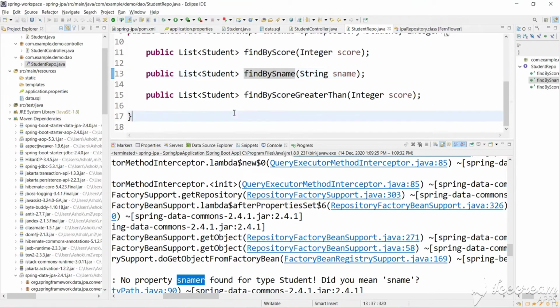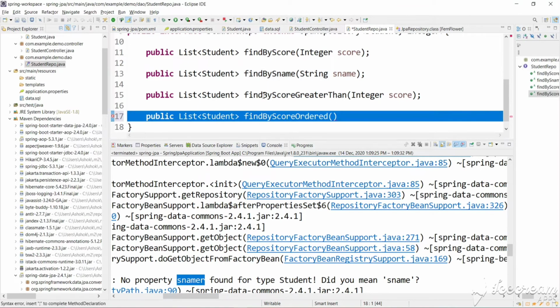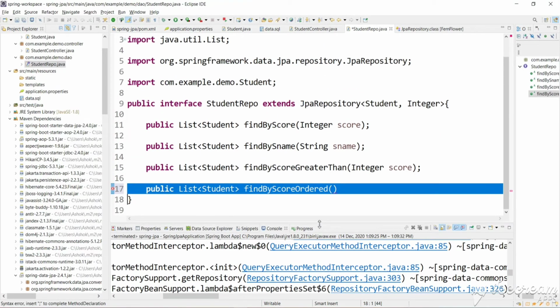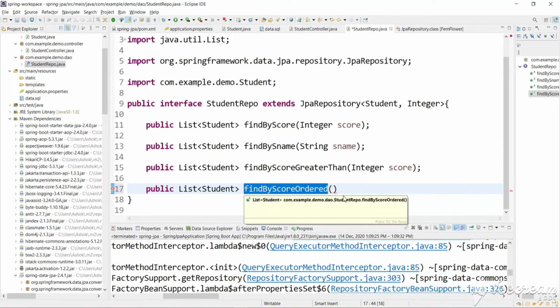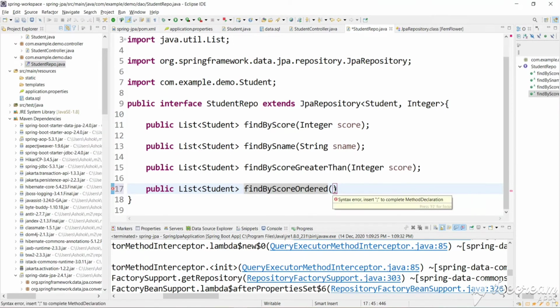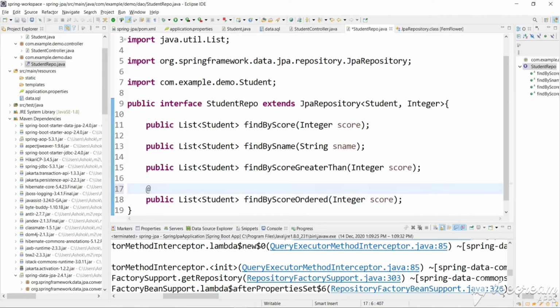And let's change it back. So now we are defining our own method with our own query. This method name doesn't matter. We will pass a score here. And now we will write our own query using the Query annotation.